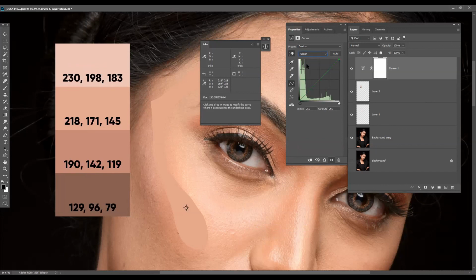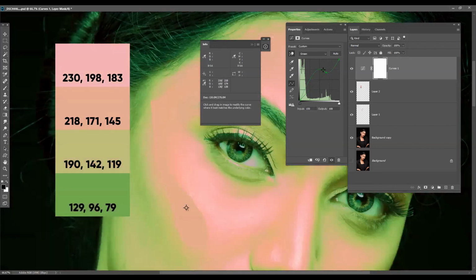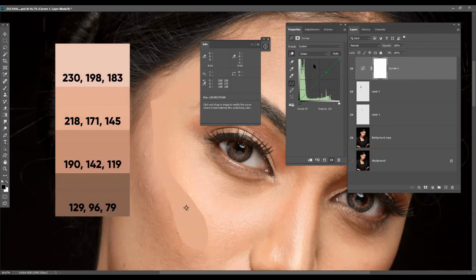Now we'll go to greens and try to bring it to 171. Okay. And the blues to 145.